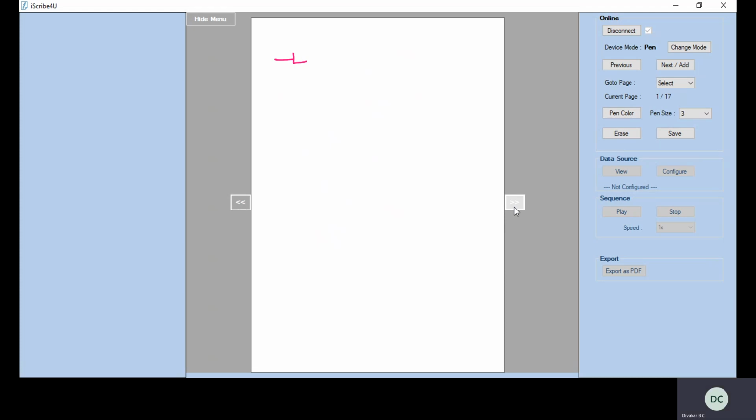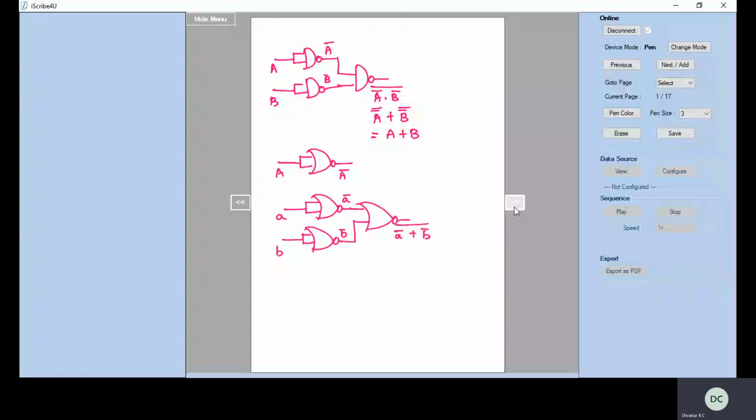So you are going to start with A bar, B bar, A bar plus B bar whole bar. Apply the De Morgan's law. A double complement into B double complement, which is nothing but AB, the multiplication operation, and the OR operation. Take the De Morgan's law. So this is A plus B whole bar. Again, take the complement. Since our aim is to obtain A plus B, so A plus B double complement, which is nothing but A plus B.